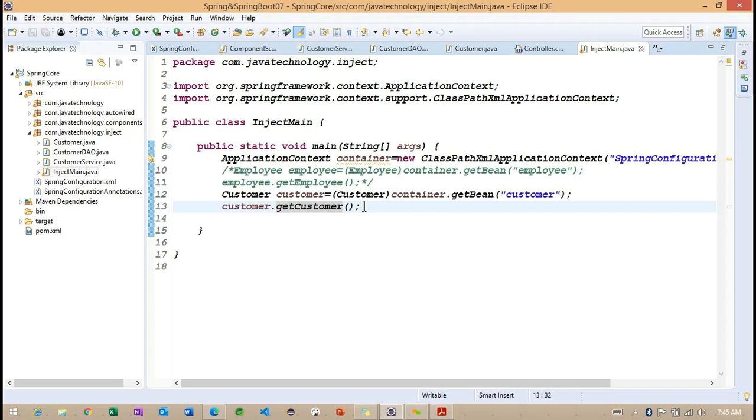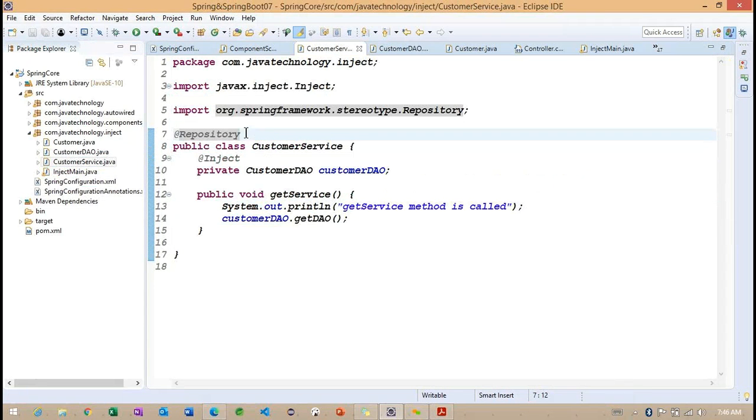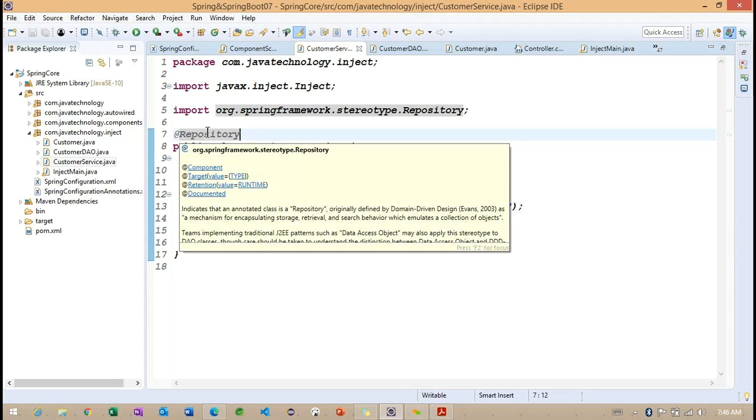So I identified manually, using these annotations for the different classes. Getting the point, right? So we need to specify the service annotation on top of the service class, and on top of the database related classes, repository annotations. In the examples, we need to work on the controller class.